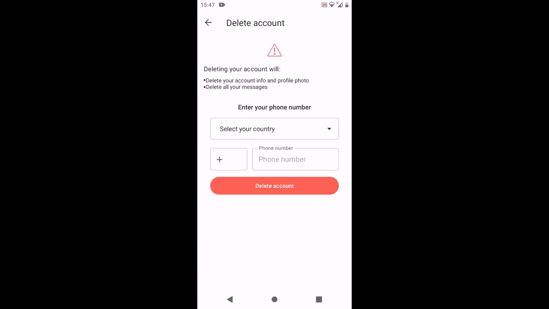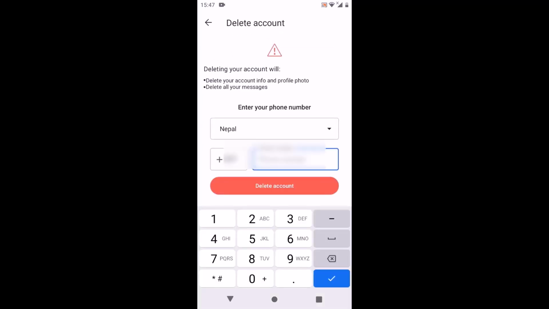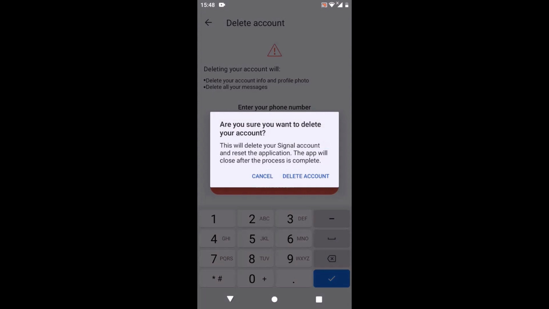Deleting your Signal account will delete all your information and your data, which means that you won't be able to restore it after you delete your account. In order to proceed, you'll have to enter your phone number that is linked with your Signal account. So first of all, select your country, and after that type in your phone number, and after that tap on delete account. Right in center there's a confirmation, and in case you're sure about deleting your account, tap on